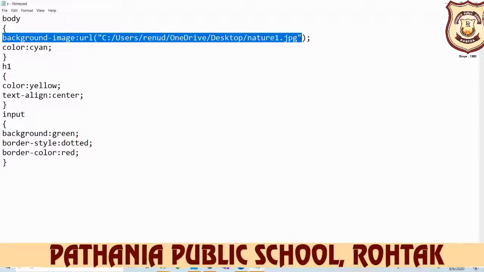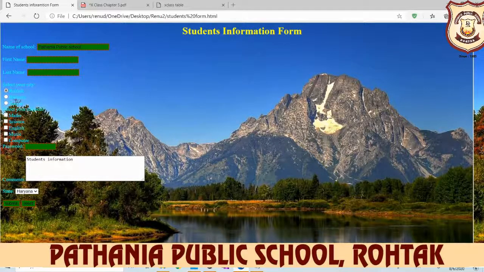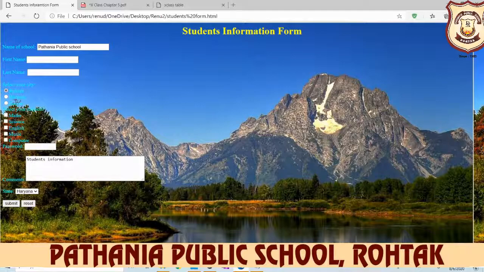So you copy it and here, instead of this, you write down this one. Okay, and then you save it and then open your web browser and refresh it here. See, no effect is here. Why? Because already we put the image in the background of your form.